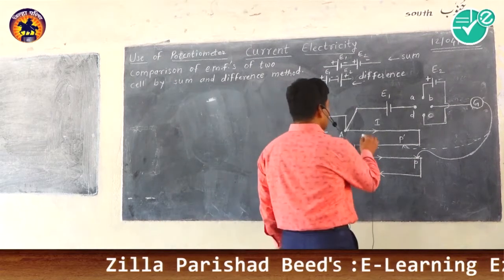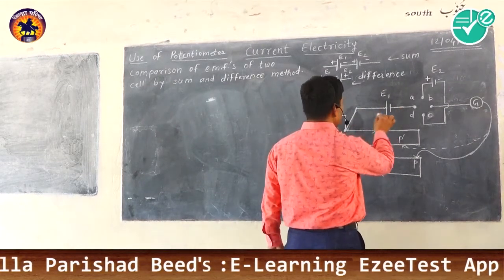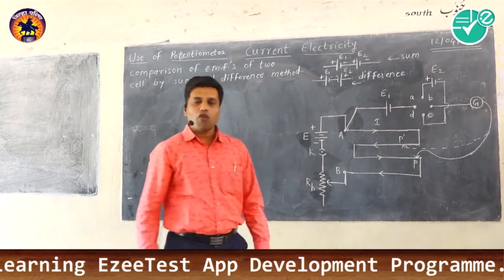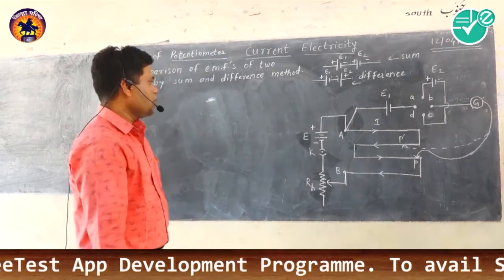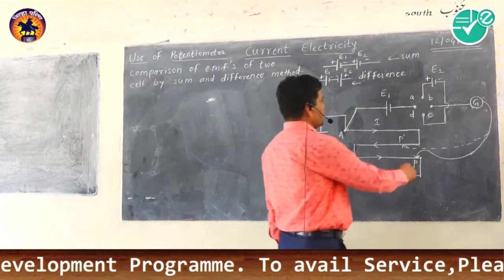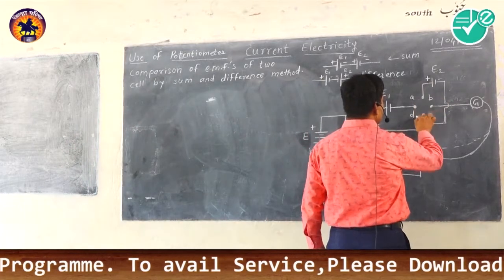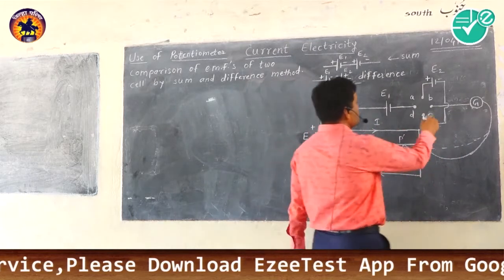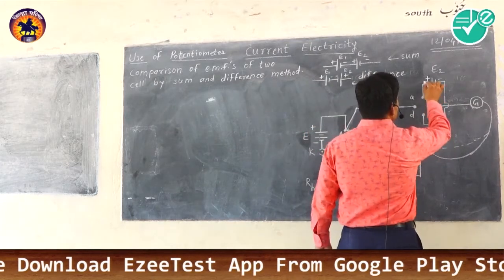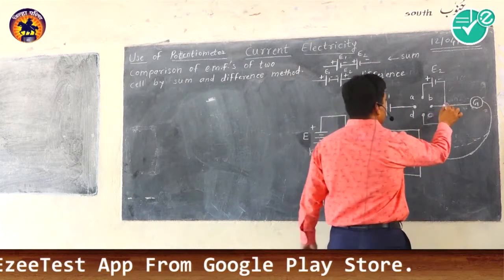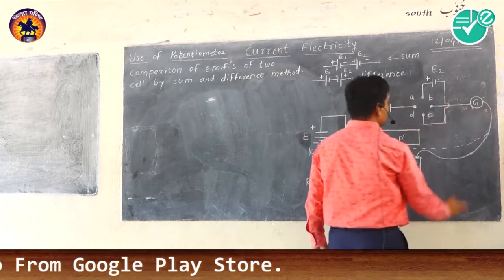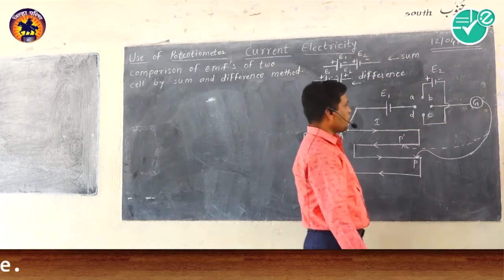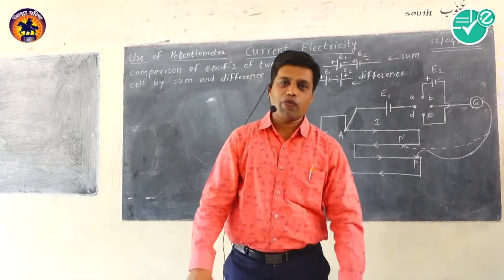Now here the cell E1 and cell E2 are connected to each other by a four-way key. If you observe the diagram, it is clear that the keys A, B, C, D, this arrangement is called a four-way key. Now the cell E2 is connected in this fashion, and this arrangement is called jumping. These two wires, this wire and the vertical wire, are not joined, they are jumping over each other.